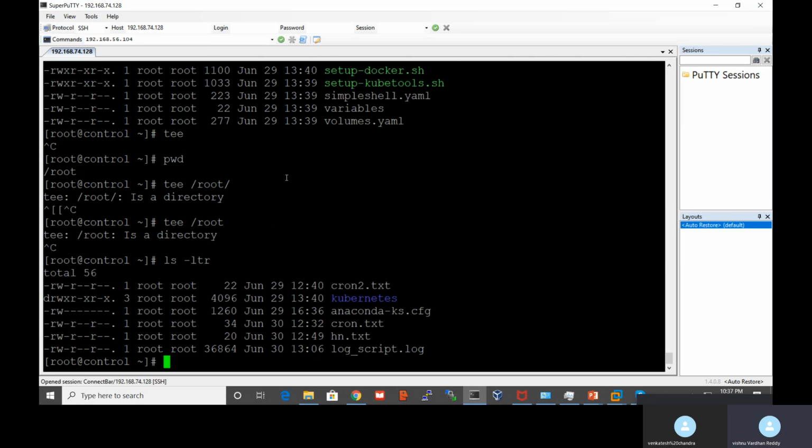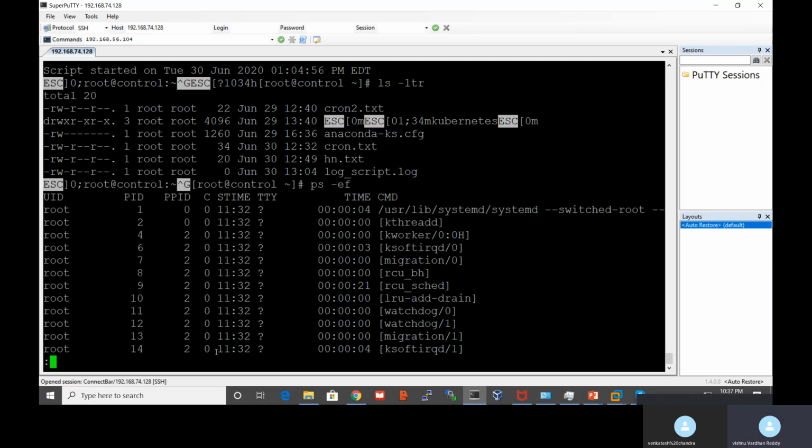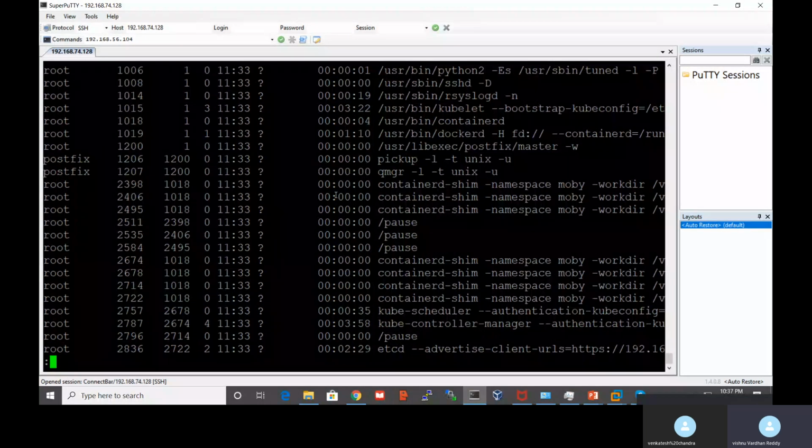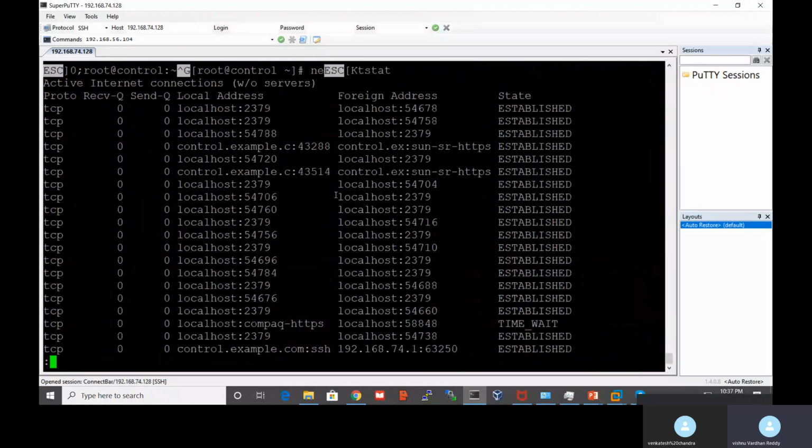So this size has increased from before. Let's check with cat and less on the log file. See what we did, all the commands after the creation of the log are stored. See, ls -ltr, and then what you ran next, ps -ef. Everything is stored in this file. So this is the use of the script command.